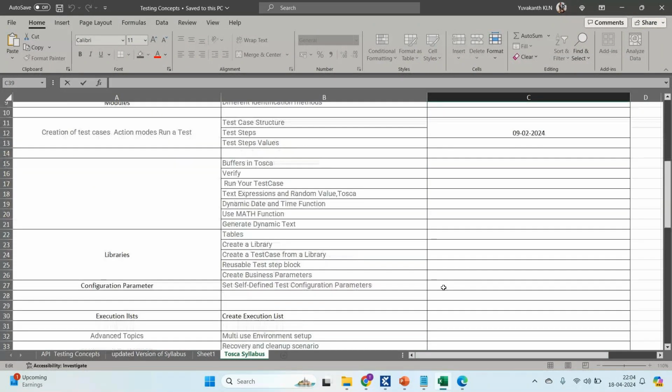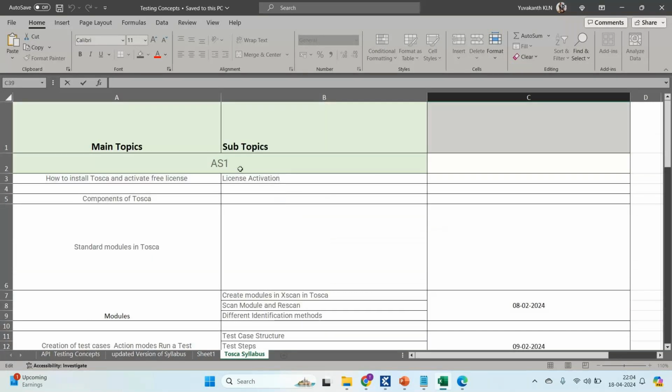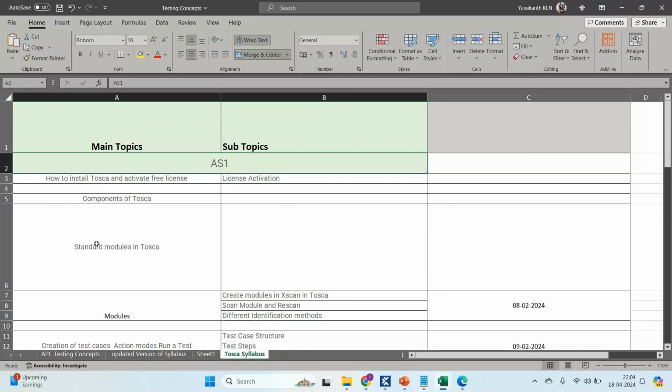Okay. So if you see, these are the different topics that we'll be covering. As a part of AS1, the first thing we do, after I complete the theoretical part, is this: whatever things you have to put in your mind before we start practicals, we'll do all those in the first 4 to 5 days. After that, I speak very little, and there will be more practicals. The first class after I complete the theoretical will be the installation of Tosca. So everyone will have Tosca installed, only then I start with the